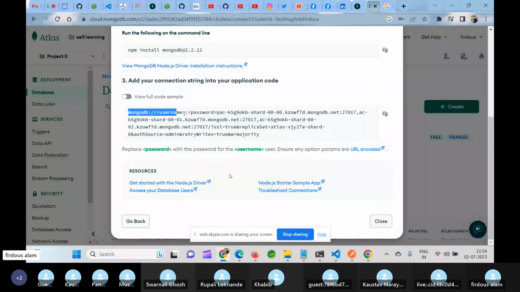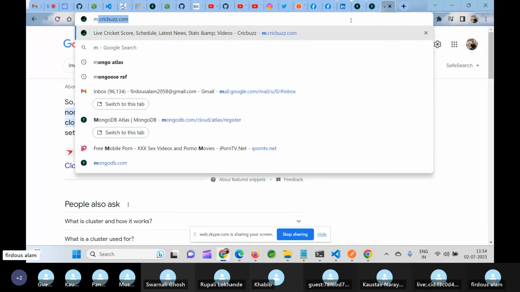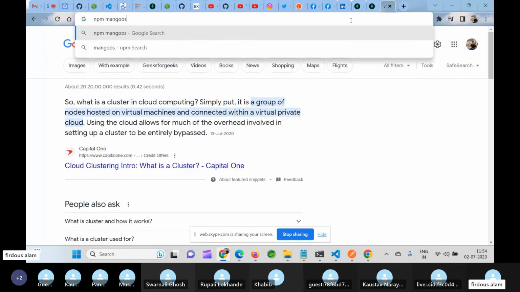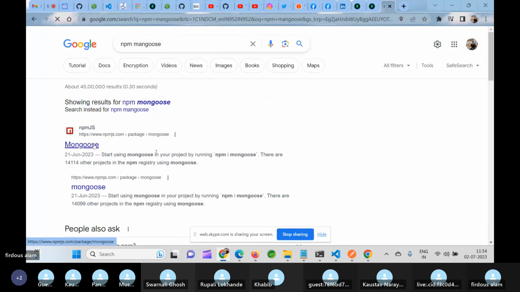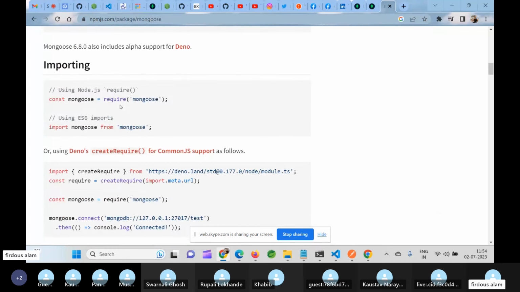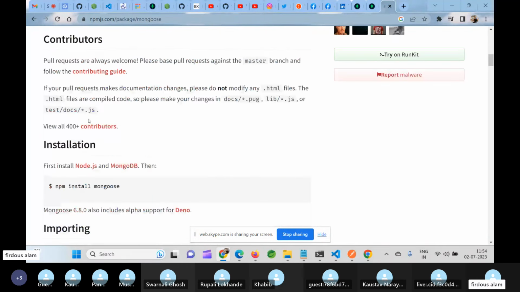Then I will go to Mongoose. So Mongoose is an ODM which we will use for our application. What I did, I simply typed npm mongoose. It takes me to this page. Here you can see all the documentation, like how we can create a connection and everything. What I will do, I will just copy this thing,